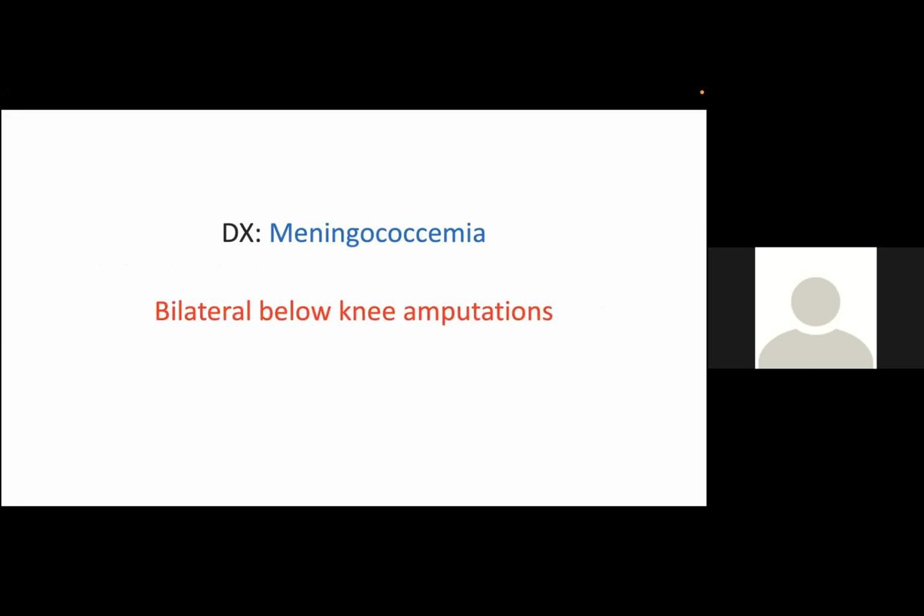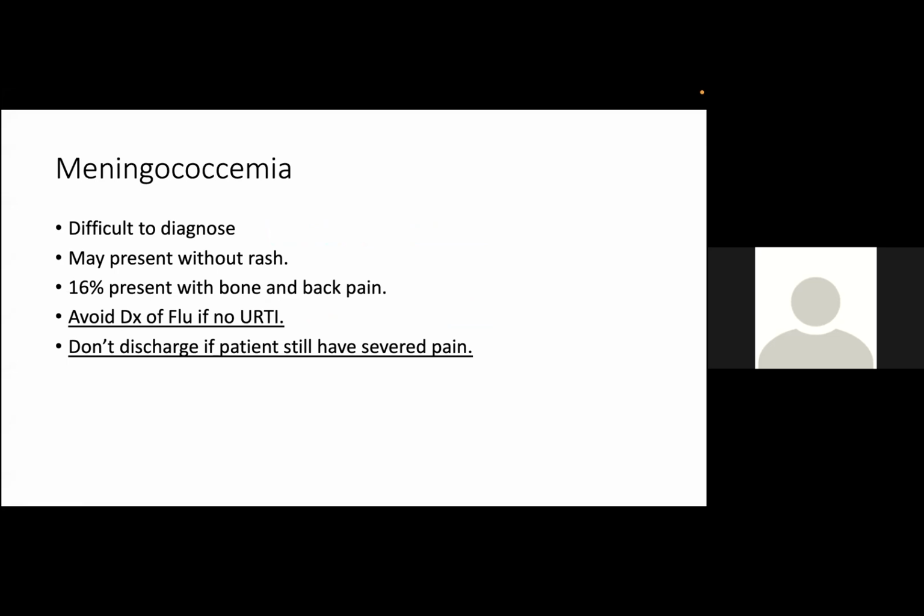This patient will end up with bilateral below knee amputation. Was CBC indicated here? Was the diagnosis reasonable? Was discharge appropriate? Was the outcome altered here? Meningococcemia